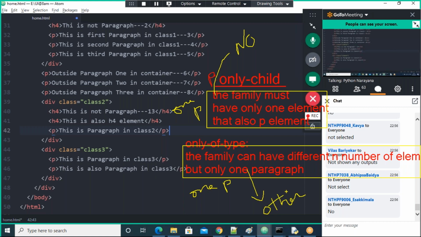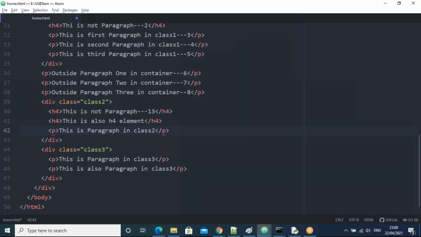Is it all clear? So here, only one paragraph in the entire family, no other paragraphs, no other elements. But in this family, only one paragraph, and we can have the remaining other elements. Is this clear for everyone?